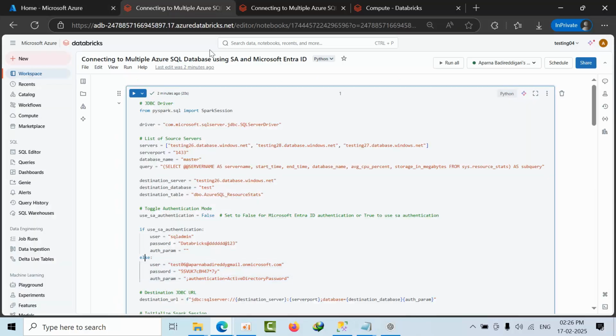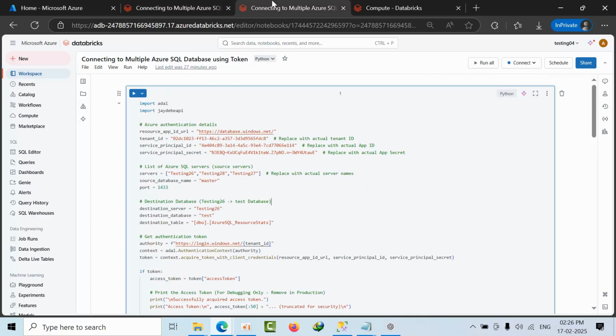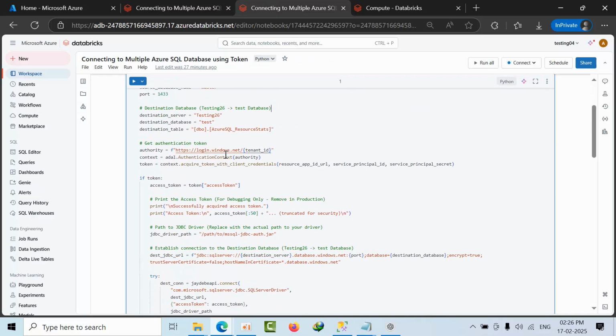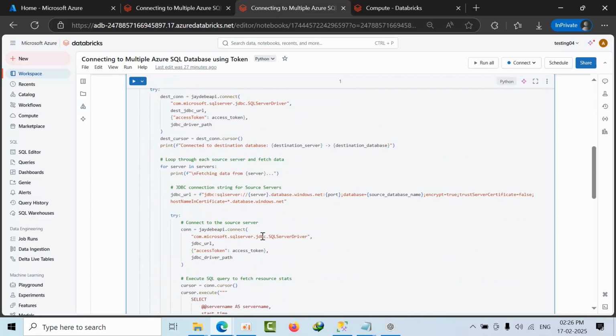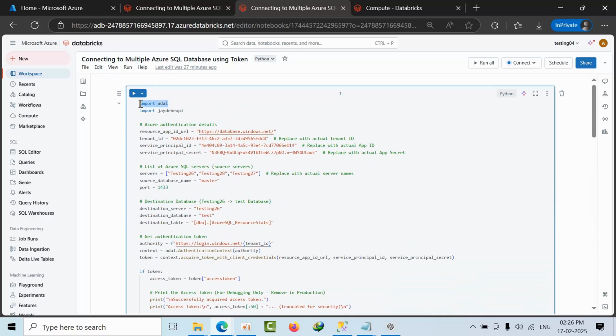Once the token has been generated, it is going to use that token and execute this query. Now you need to install ADAL and this other package. I already installed them, that's the reason I'm directly importing them. Now if I click execute,